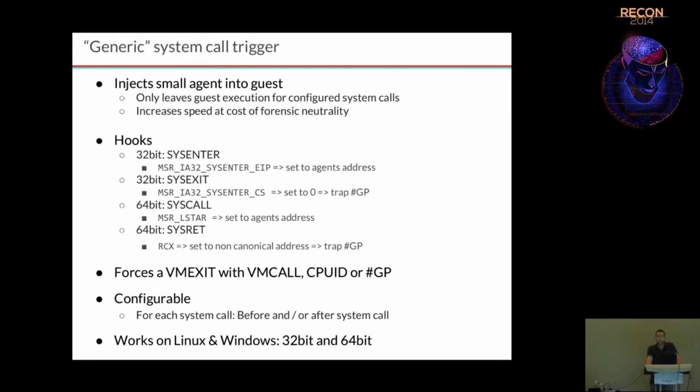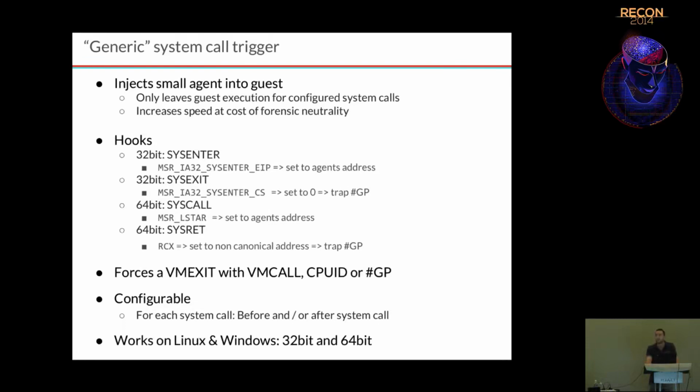It gives us great flexibility, so we can decide whether we want to make a snapshot for certain system calls or not. And that way, we only leave the guest execution by a VM exit when we make snapshots. When we don't want to make a snapshot for a system call, we don't need to leave the guest. And such VM exits are really expensive in terms of performance,